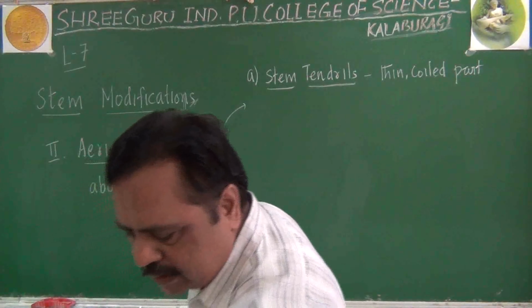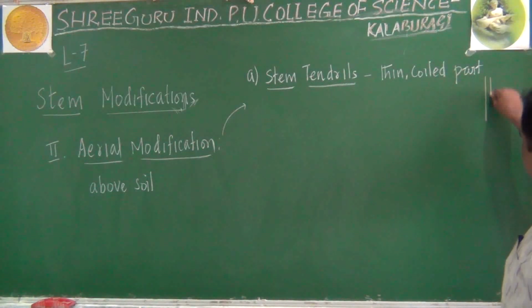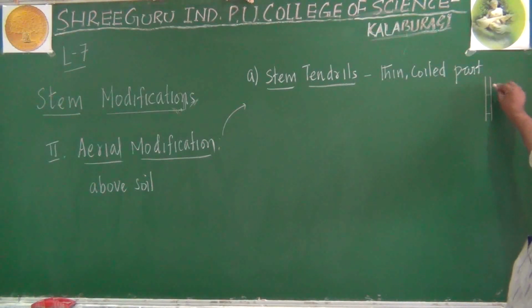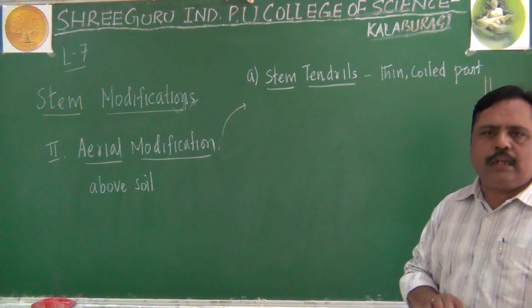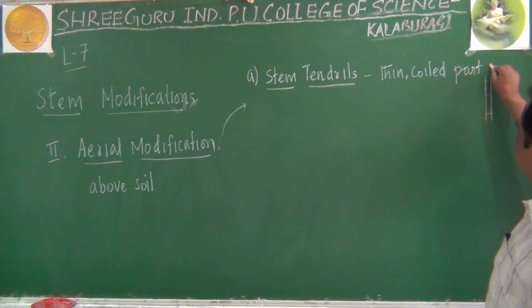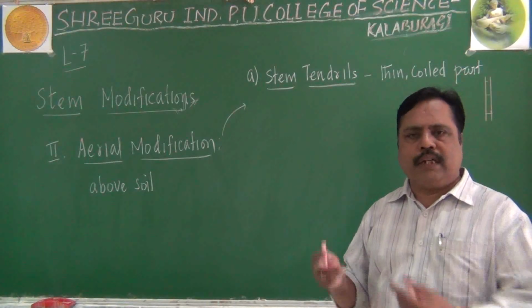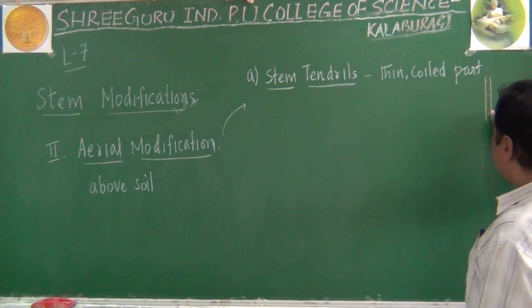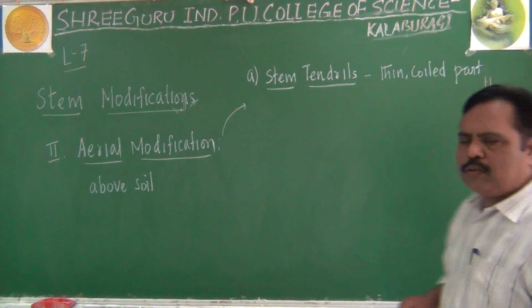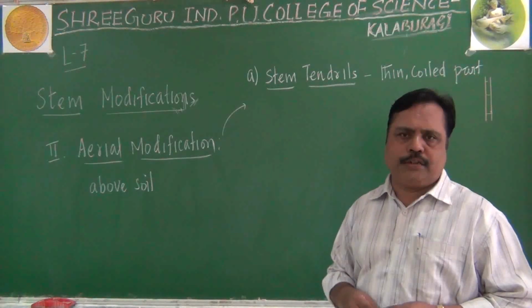Where do they arise from? Imagine this is the stem of a plant. Here it will have nodes and internodes like this. In the nodal region, here we have a bud, a growing tip called axillary bud. The bud present at the tip of the plant is called apical bud or terminal bud. Whereas the bud present in the corner, otherwise the sides of the plant, is called axillary bud. They are found in the nodal region actually.